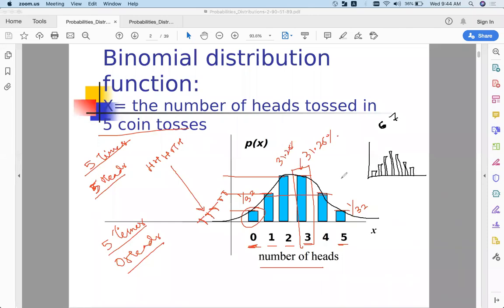What it means is no matter what your n is, 6 or 7 or 8 or 9 or whatever, whenever you plot the probabilities of the individual number of heads, it will always come in this particular shape. Either like this, or either it is, let's say,